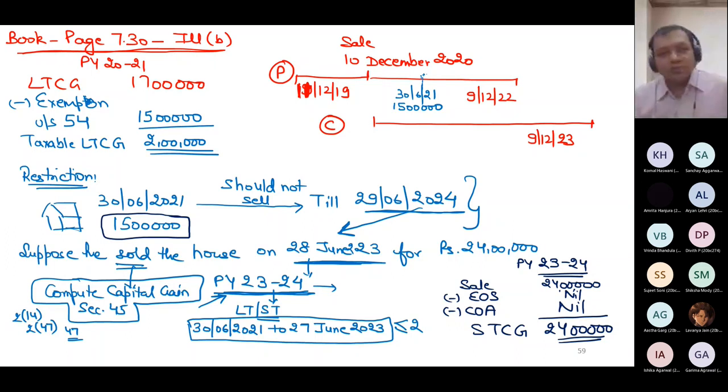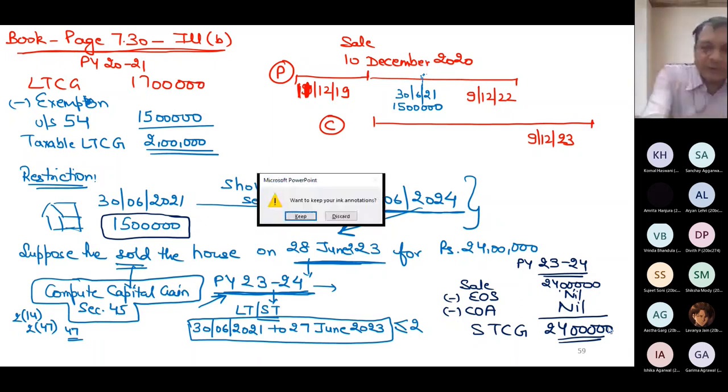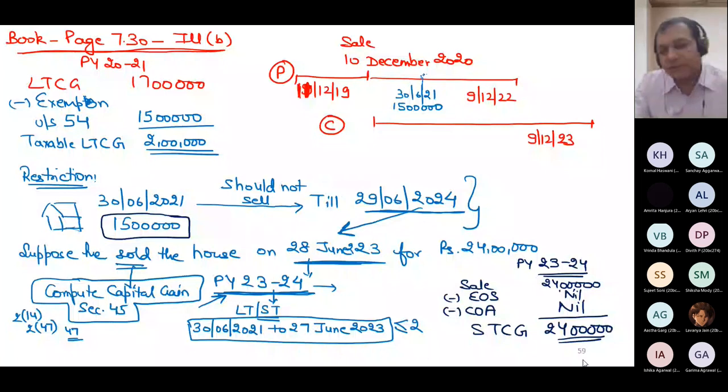This is the implication which I have to suffer, or this is the problem which I will face. Either I should not take the exemption, or if I want to take the exemption under section 54, don't sell this house at least for 3 years. You sell it after 3 years, there is no problem. No exemption will be taken back. But if you sell it within 3 years, they will take back the exemption. How? Because when you compute the new capital gain, your cost will not be 15 lakh. From this cost, you will remove the exemption which you have taken, and the difference will become your cost. This is the discussion on this consequence. Please raise your hand if this point is clear. Otherwise, you can ask me the doubt.